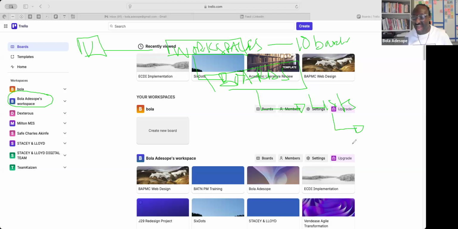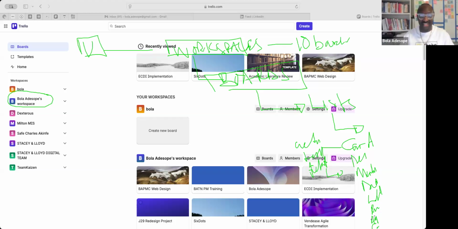Under list, you can have multiple cards. We use cards to represent activities, tasks, or tickets. Each task can have a description, members, due dates, labels, reminders, attachments, and comments. So that's the structure. That's the hierarchy. That's the arrangement of